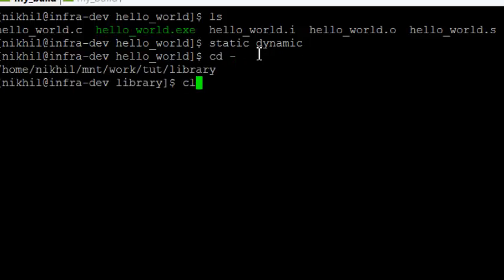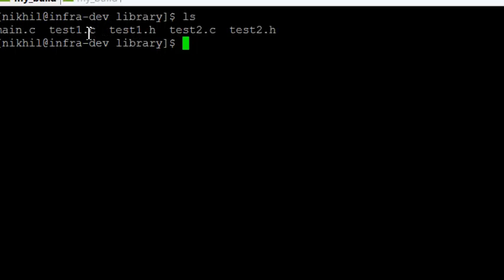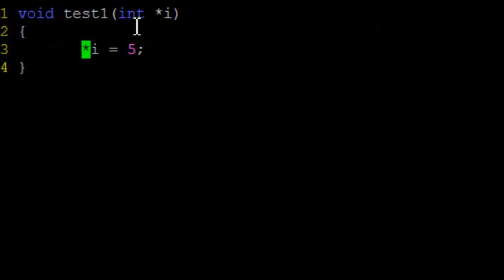The header file of test1.c is test1.h and of test2.c is test2.h. I will show you what test1.c consists of. It's a pretty simple function which sets a value to 5. That's all it does. You can also call this a setup function, and its header file contains the declaration. So you can include this header file into another program, for example main.c, and make the compiler aware of the declaration for this function. Similarly, you have test2.c,